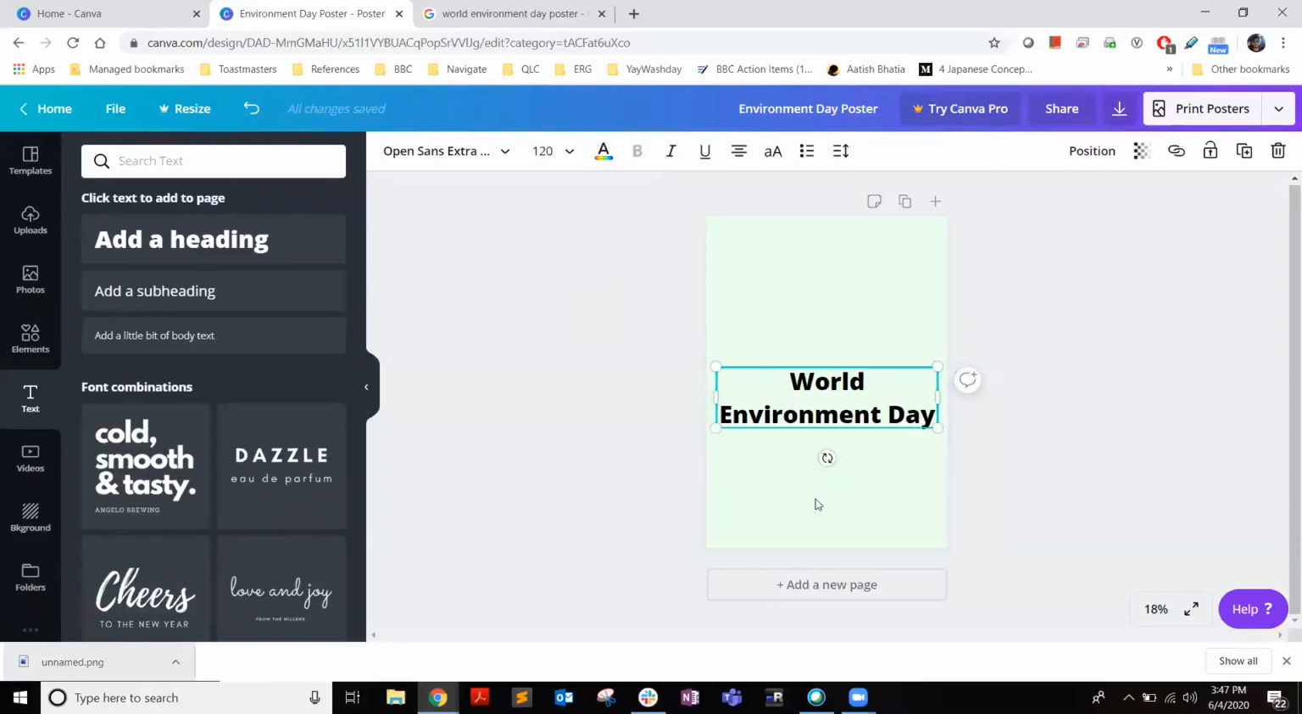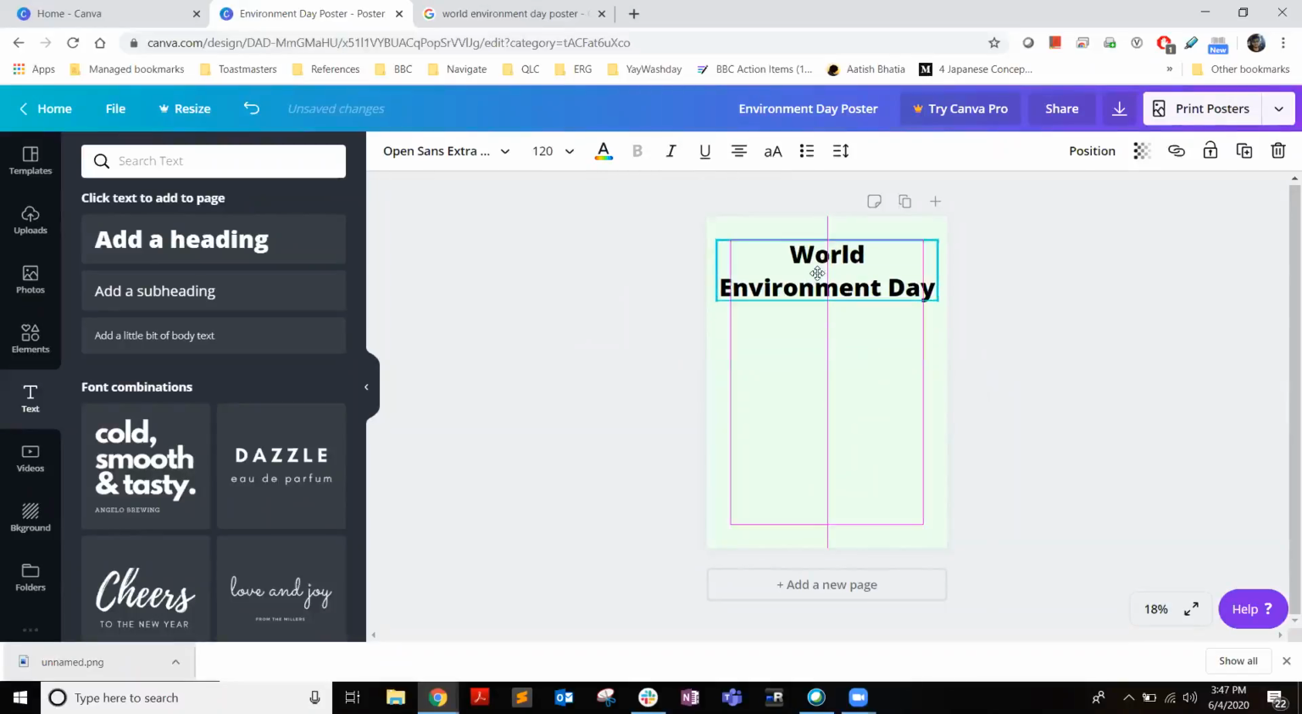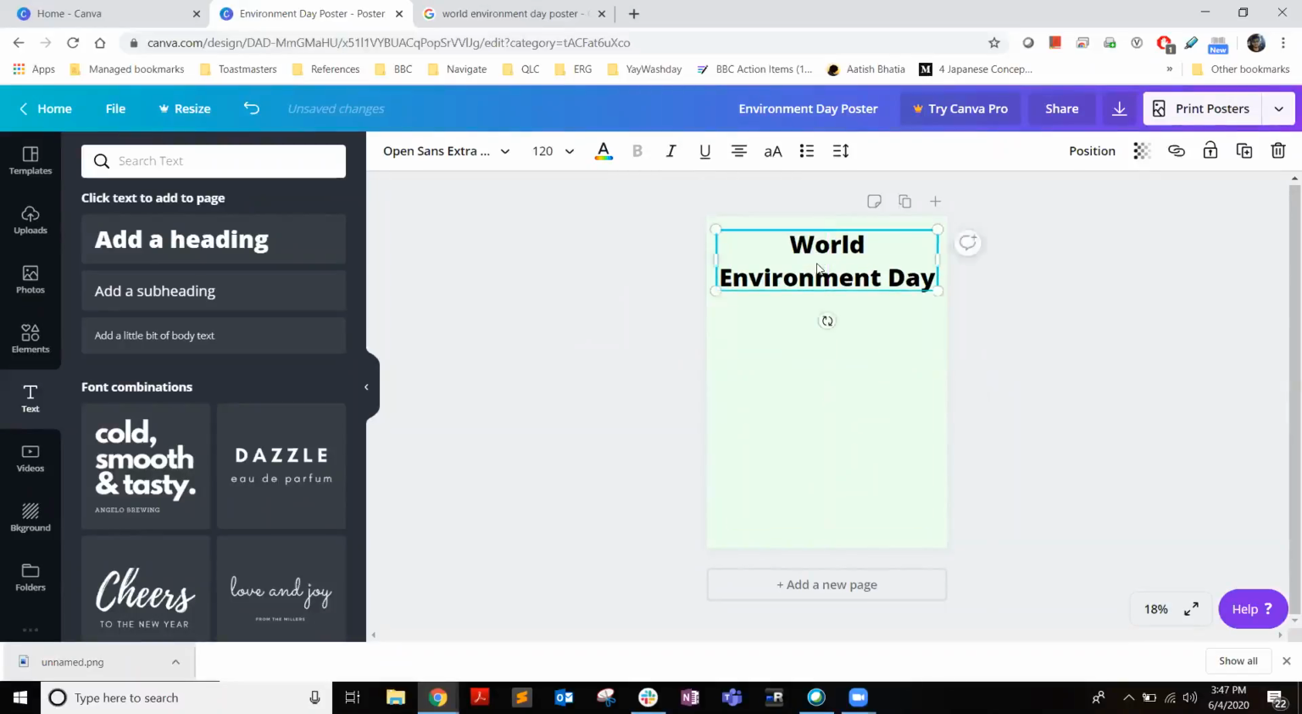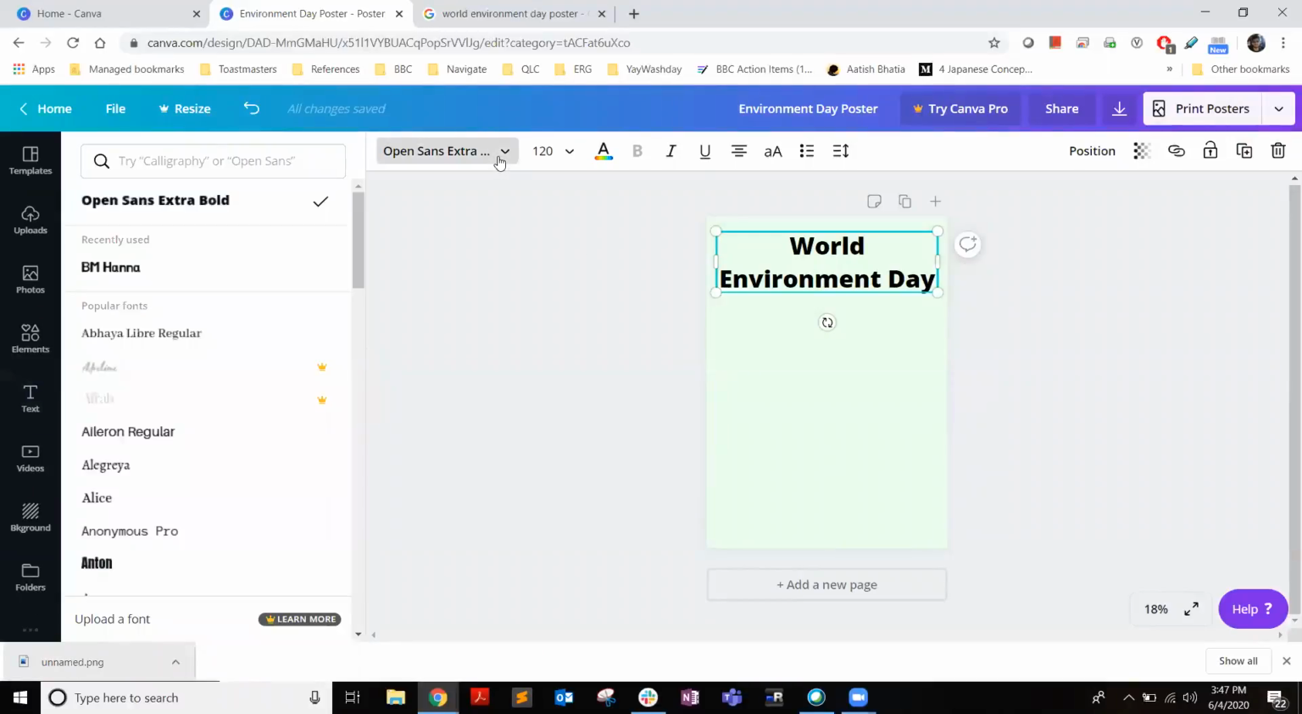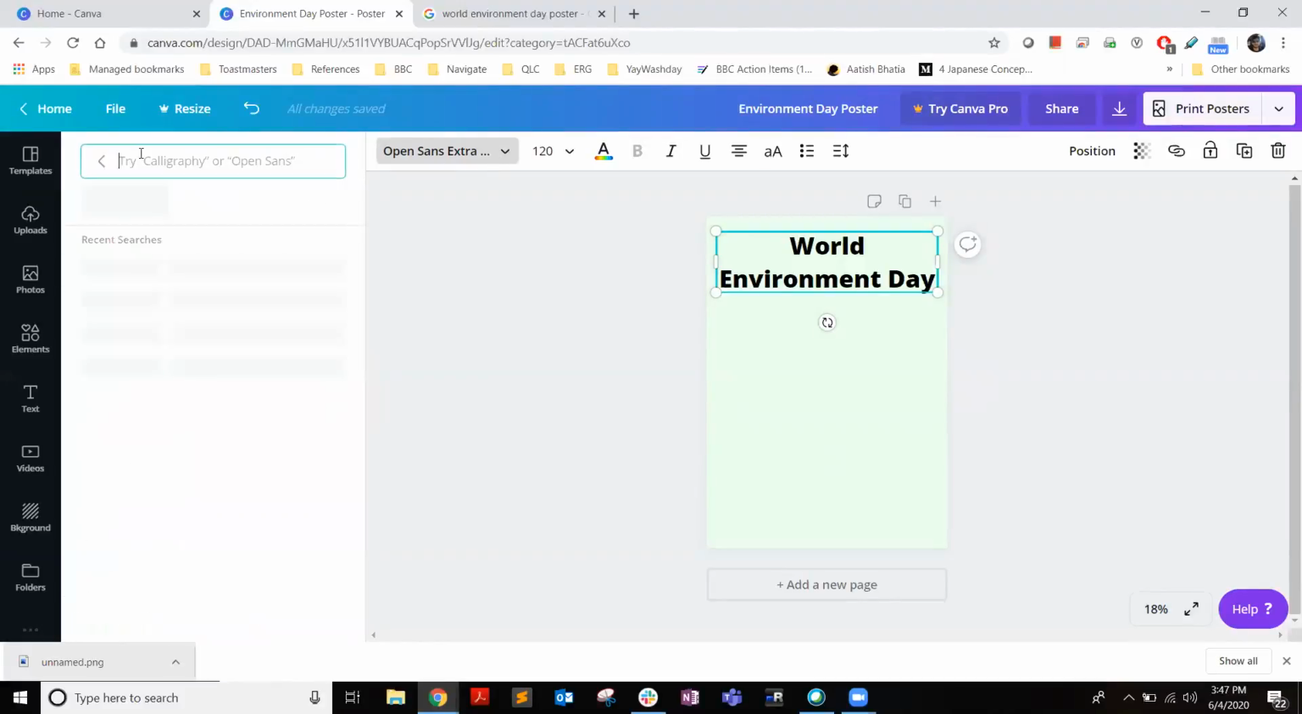Now we'll click on it and then drag it up. You see, it's so easy, just simply drag it up and leave it here. We'll call it World Environment Day at the top. This is what the poster would mean. Now I'll choose a nice font. This font is quite simple to me. Let me choose a better font. Let me try, say,